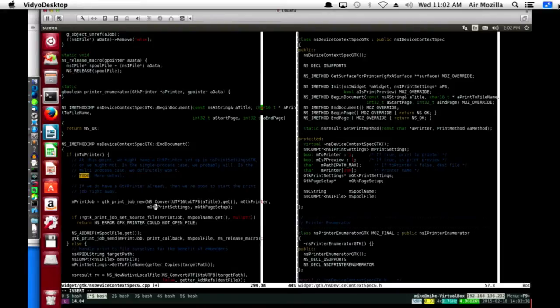So instead of just passing the name of the printer, we should probably be passing ourselves, in this case the NS device context spec, so that we can get access to things like the print settings and the page setup from within the printer enumerator. I think that's how it's going to have to be.